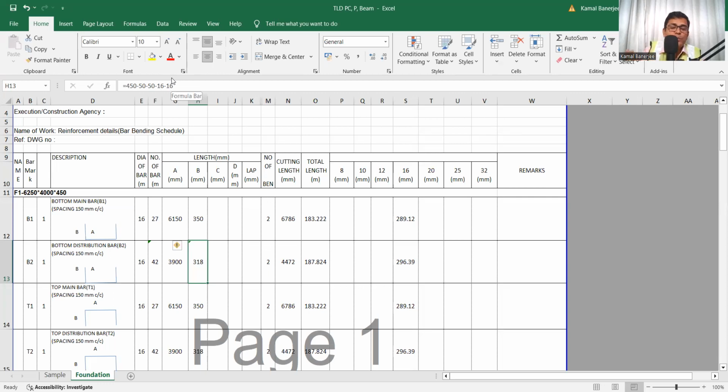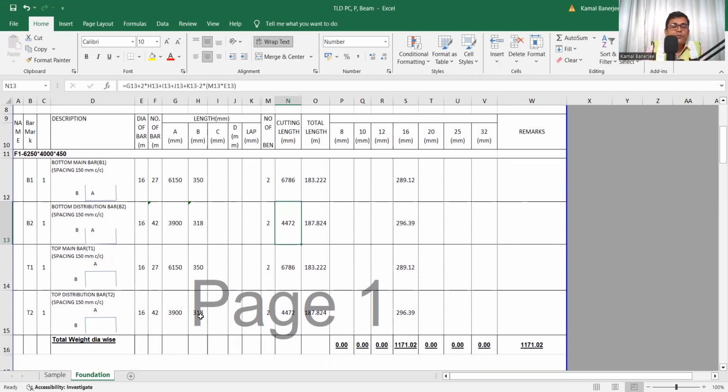So top main is also 16 and bottom main is also 16. So here minus 16 minus 16, it comes to 318. Now here it becomes 350 for the top and bottom main, but for the bottom distribution it becomes 318. So whenever we are preparing any bar bending schedule, we need to take care that for the distribution bar, the diameter of the main bar is to be deducted. In the same way, number of bends is 2, so it will be deducted, and again it will come to 296. In the same way, we calculate the top main reinforcement and the top distribution bar, and for one foundation it is still coming